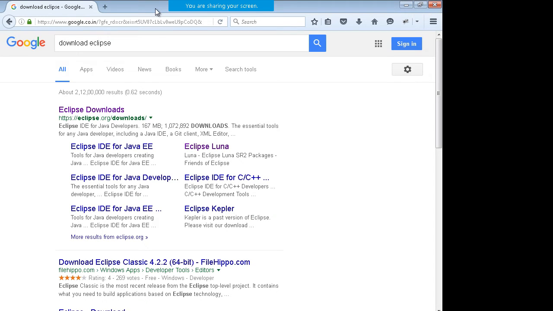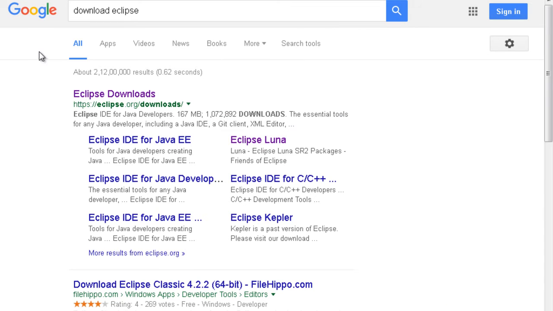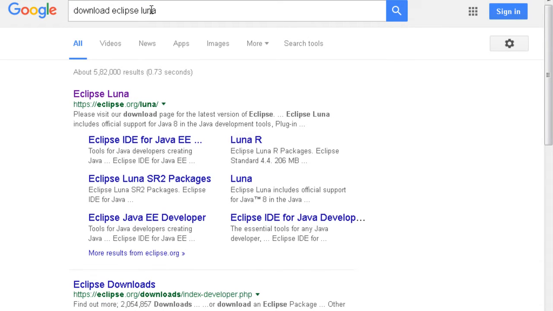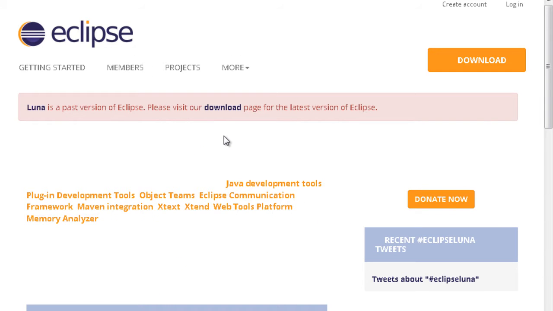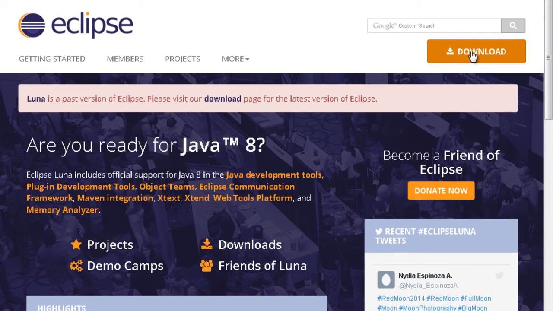I hope many of you would be having Eclipse. Eclipse is the IDE for developing Java-based applications. And for Eclipse, you have to download Luna. This is a better one. Download Eclipse Luna, so that every student in the training is on the same level. You can download the Luna version, and if you don't have Luna and you're working with something else, that's fine. You can download it from the download link on this website.